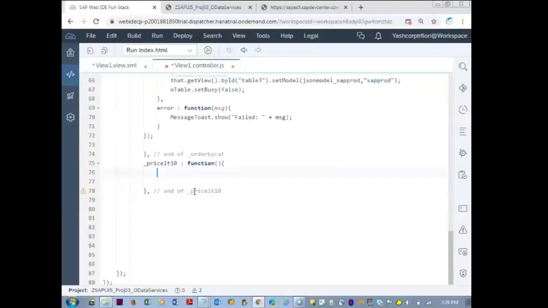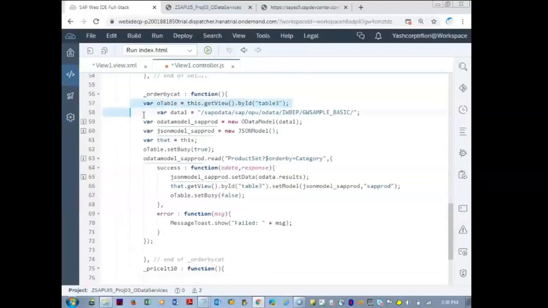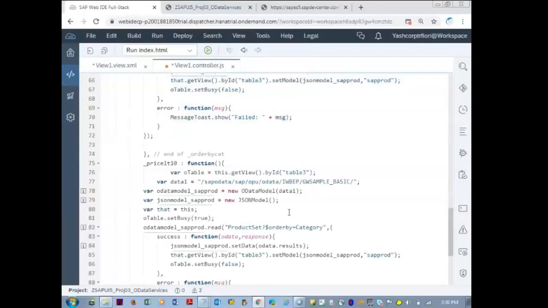Okay, so let me copy the previous code and use it here.